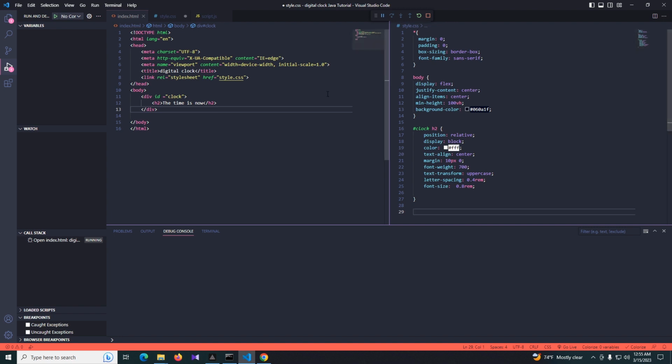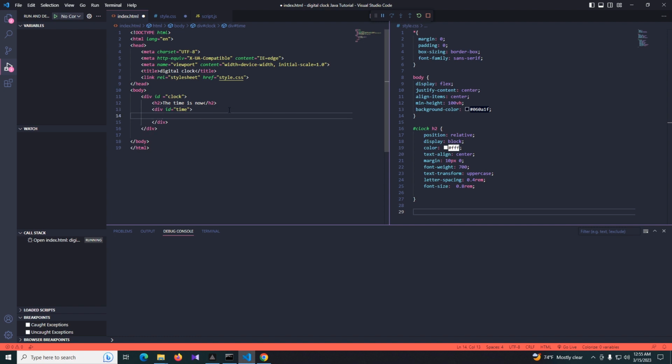Right now, and when I come to my HTML section, I'm creating a new division, and let's give it an ID, and we can call it this time,